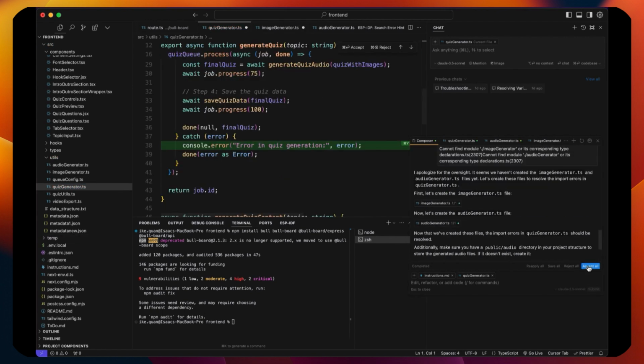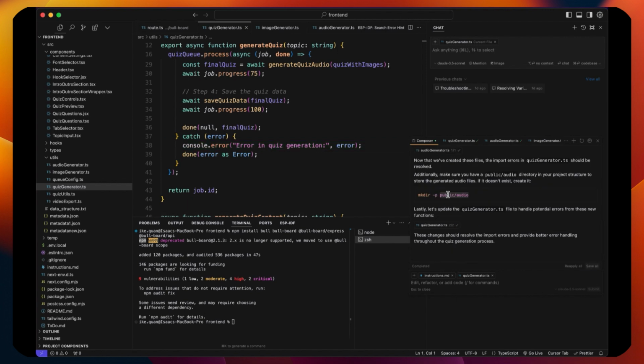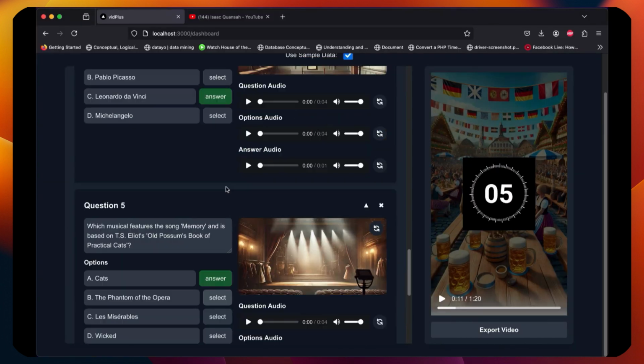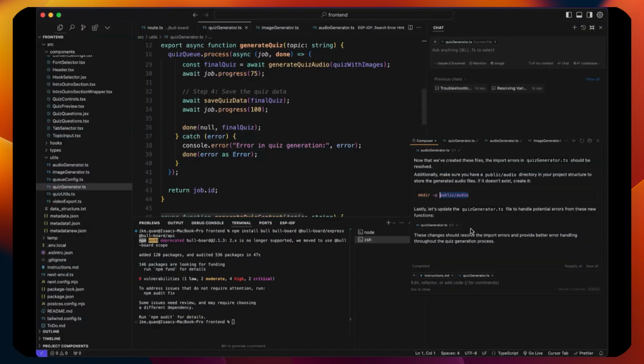So let's accept the changes, but we have to be mindful. We have to be checking whether the code is still alive. So there's no error yet, because if you keep accepting, by the time you do the test and your code is broken, you might have gone a little bit deep, which you can't come back to where it used to work. So let's say instead of use the temp directory,